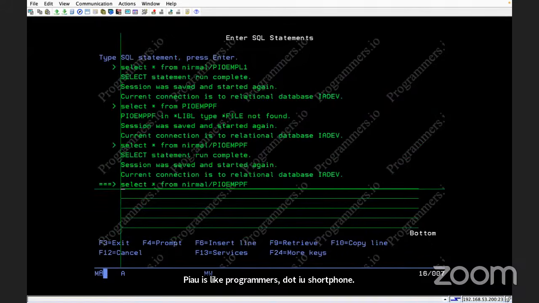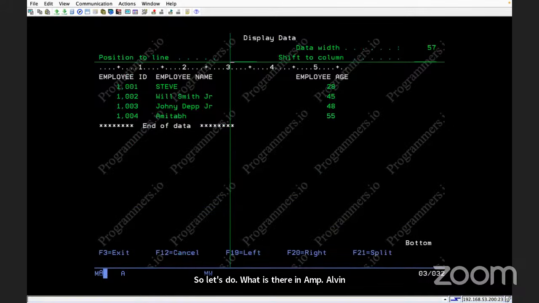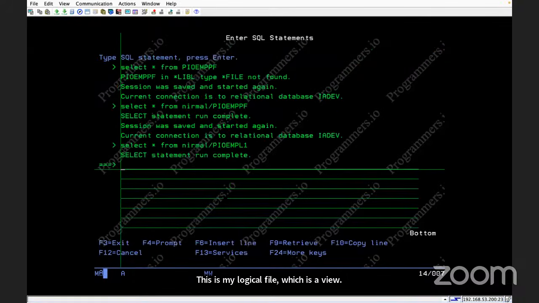F9 is to retrieve, so I hit F9 and it retrieves my previous SQL. If I do F9 again, it will retrieve the one before that. So you don't have to type each SQL again and again, you can retrieve it. So let's see what is there in EMP L1. Again, it shows the same, because this is my logical file, which is a view to my physical file, or a table. But if I wanted to check the structure of these tables, PF and LF,